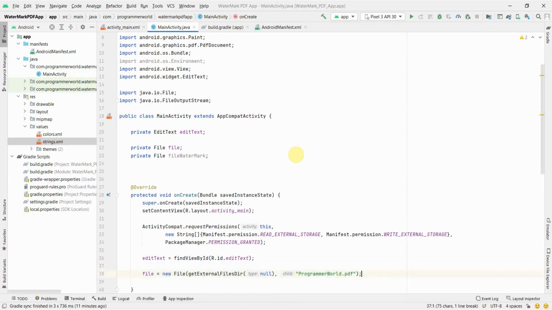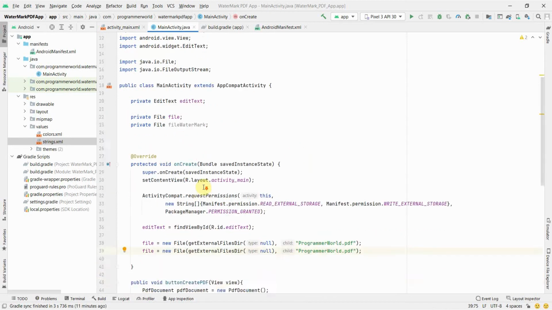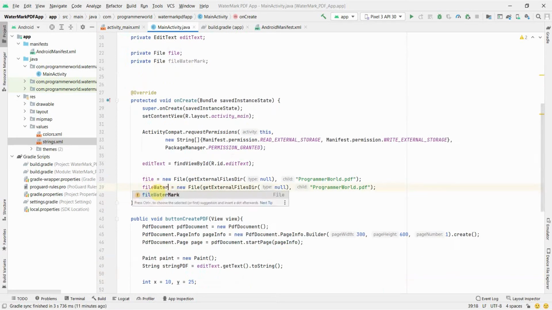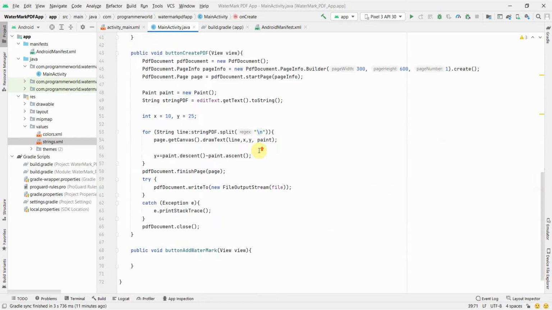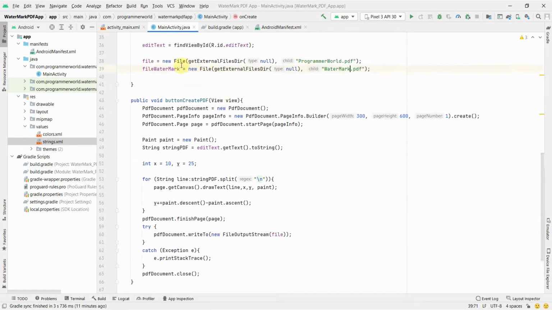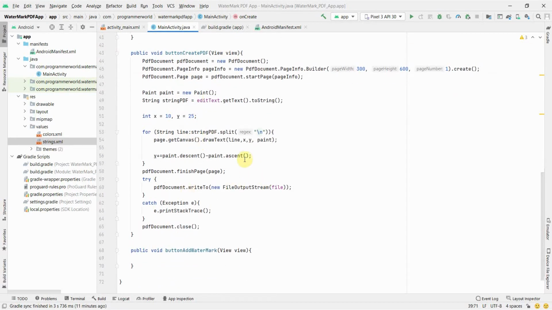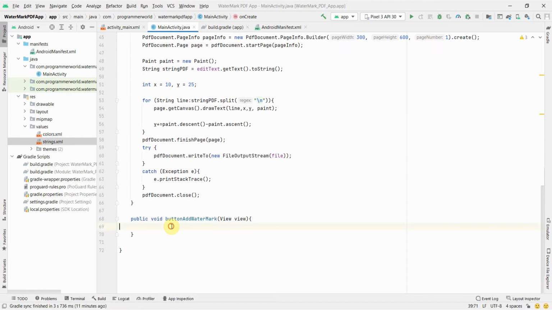And similarly we can do it for the other one, the file with watermark. So I copy pasted the previous line, and the rest of the things will remain the same, but I'll rename this file as something like watermark.pdf, just to make it very clear that it's a watermark. Okay, so we have created the files here, and this create pdf method seems to be fine. We'll test it shortly, but let me complete the other method as well, which is the button add